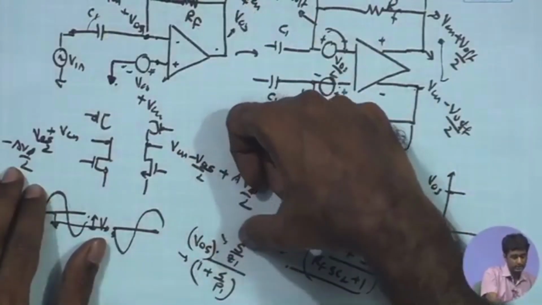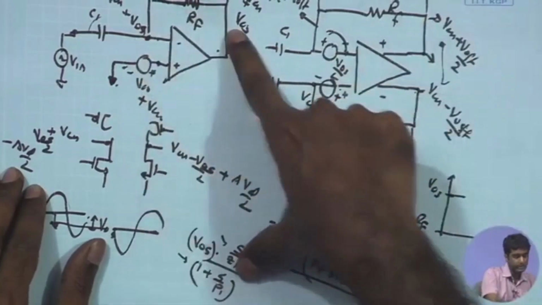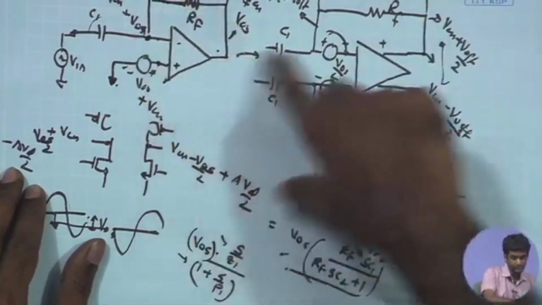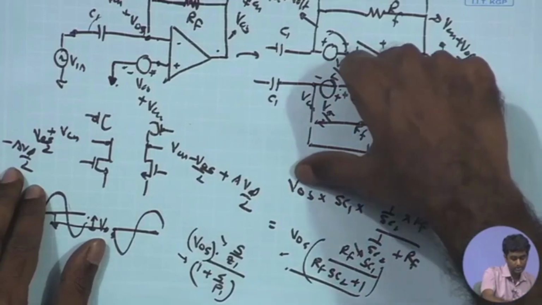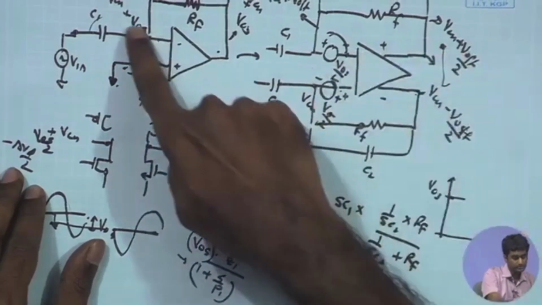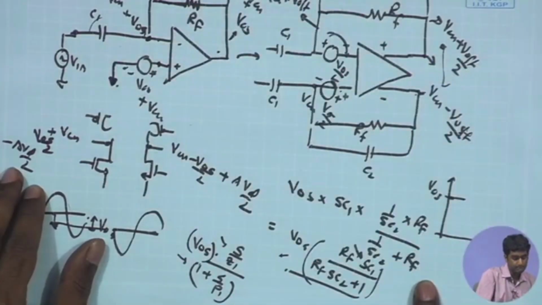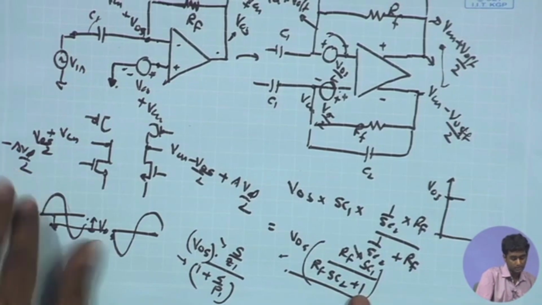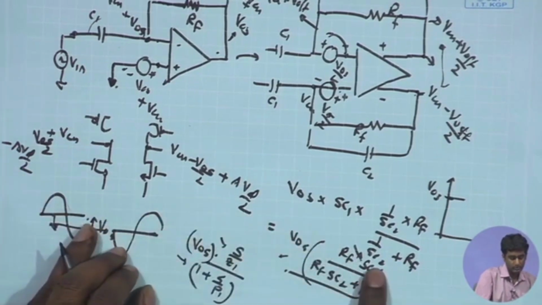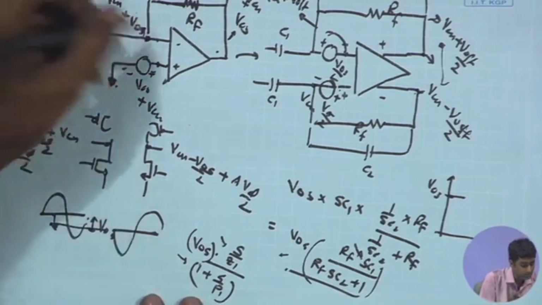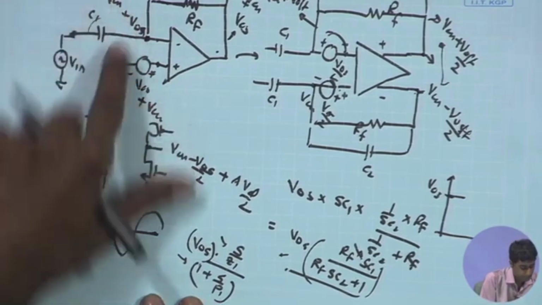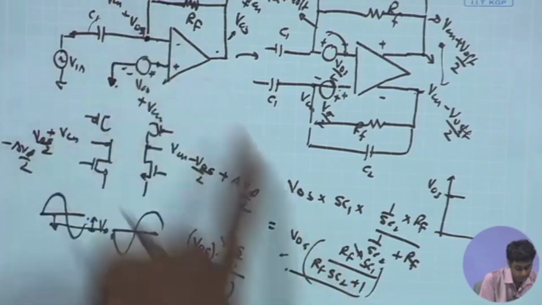So, if I look at omega equal to 0, there I have the offset propagating as it is, but let me see why it is not coming here. So, V offset times SC1 times this feedback path, and therefore you have C2, and as a result, if I put omega equal to 0 here, you are getting this 0. Let me see what was the issue. Any error that you can see? RF,